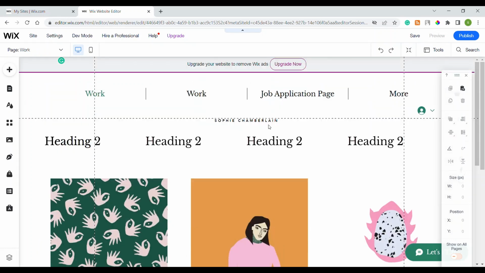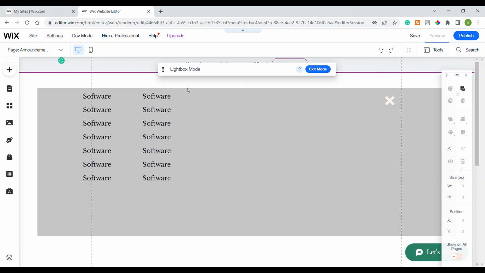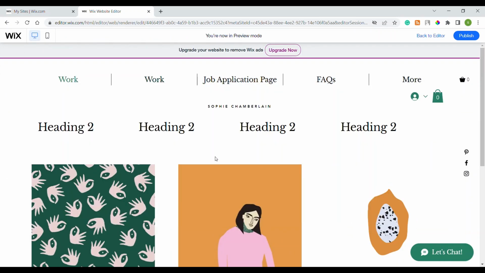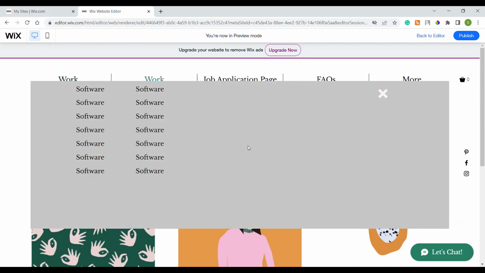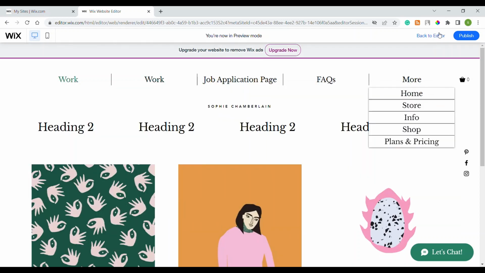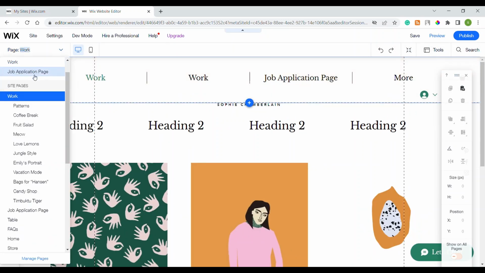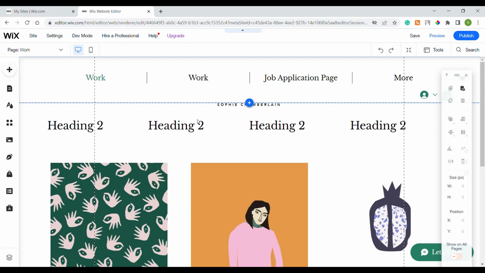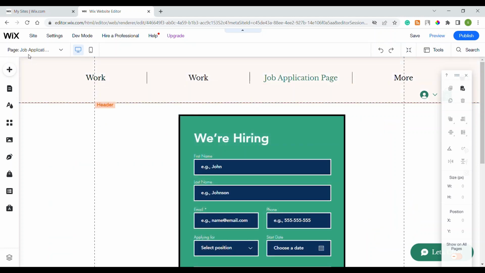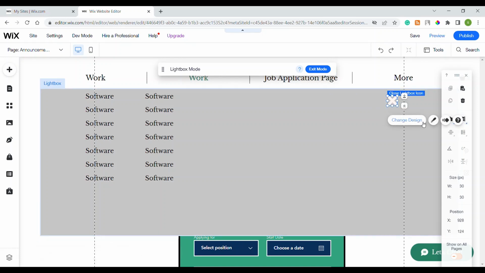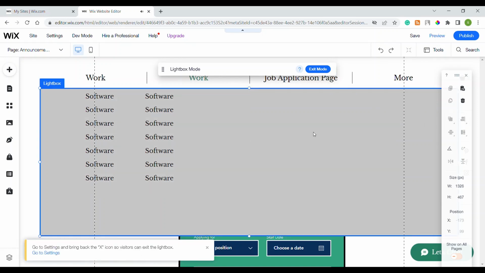We're going to click on that work. This is how it will be. We just need to fix the alignment. And we want to do a setting. We just need to remove this and